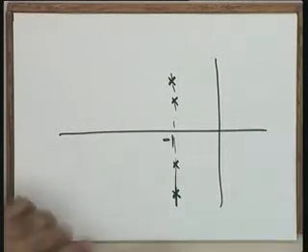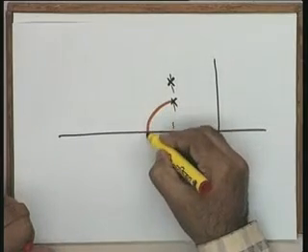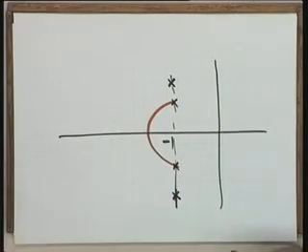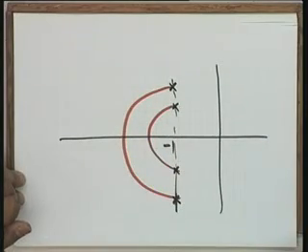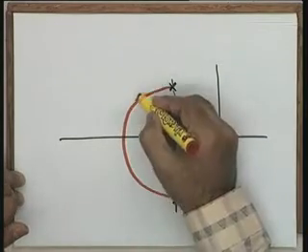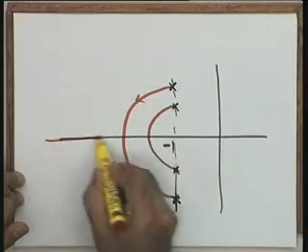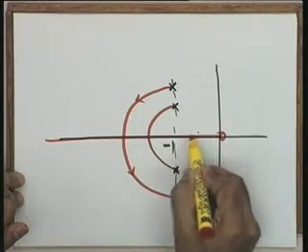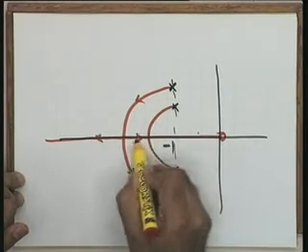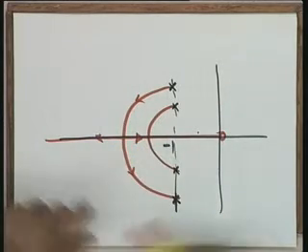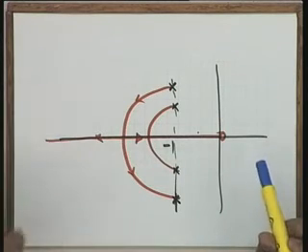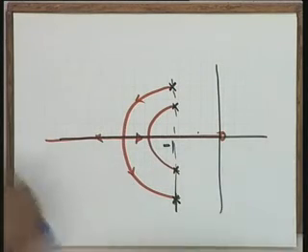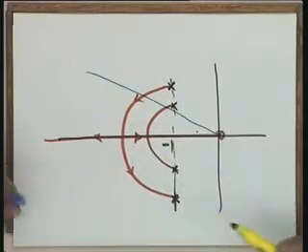And therefore, if the original root was like this, corresponding to k is equal to 60, now the root locus diagram will appear like this, corresponding to k is equal to 100, and hence the two branches now will appear like this. One is going this way, the other is going this way. Now, if you want to investigate what is the value of kt when ka is equal to 100, the procedure is the same, write the zeta line.